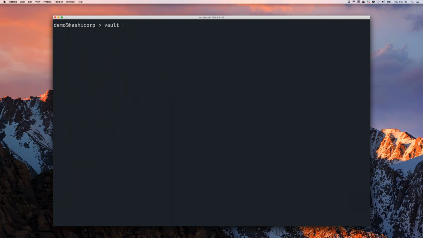So just like we made a read-only role before, we have to make a role on the AWS backend. So I will write to AWS roles, and I'll call this one dev. And I'm going to attach that IAM policy. The @ sign just says read from disk. So what this does is it reads that from disk, uploads that policy to Vault, and creates a role named dev. So now when I read from AWS creds dev,